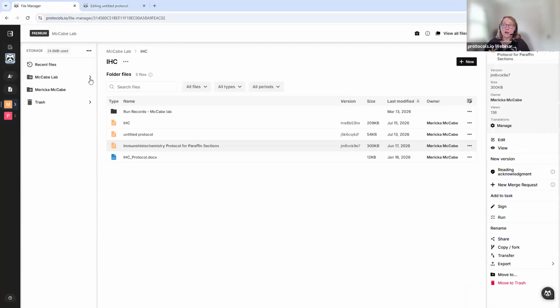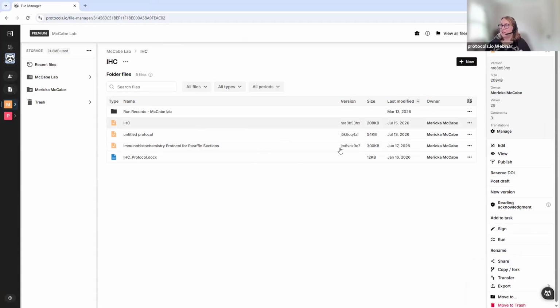Once you are actually ready to publish your protocol, we have a few options. So I'm just going to keep viewing my immunohistochemistry protocol. If I'm in the file manager, I can, oh, that's the wrong protocol to look at because that's owned by a different Marika McCabe. If I'm in the file manager, I can start the publishing workflow by hitting publish here,